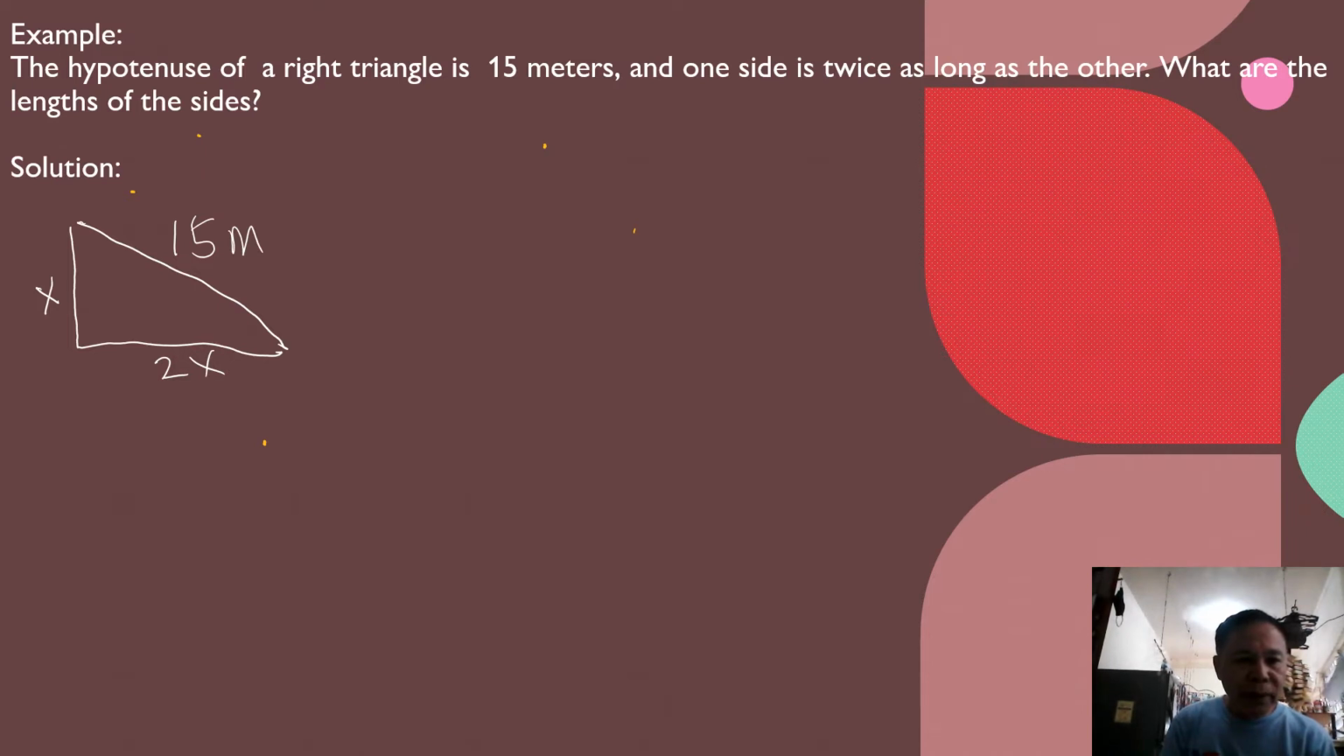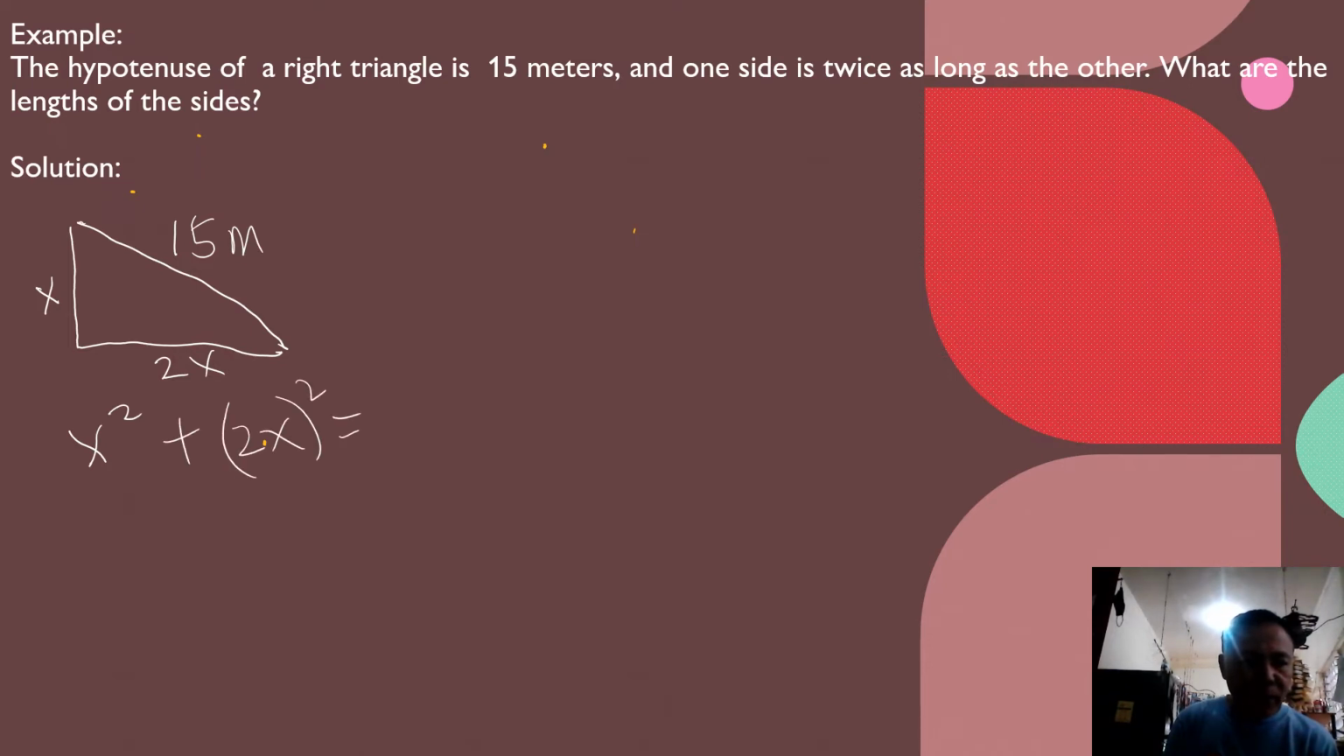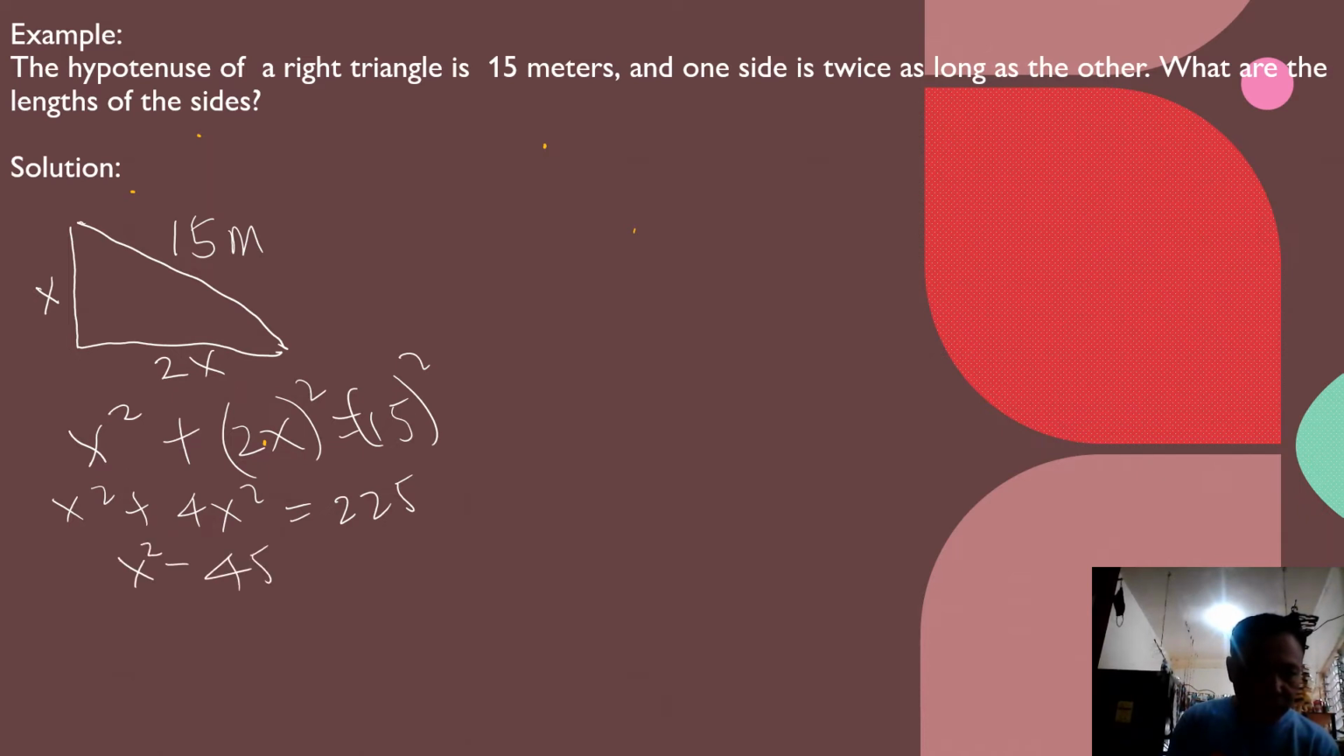So by Pythagorean theorem, you have that one. The squares of these two sides: x squared plus (2x) squared equals 15 squared. Or x squared plus 4x squared equals 225. Or you have 5x squared equals 225, so x squared equals 45. Then x is equal to